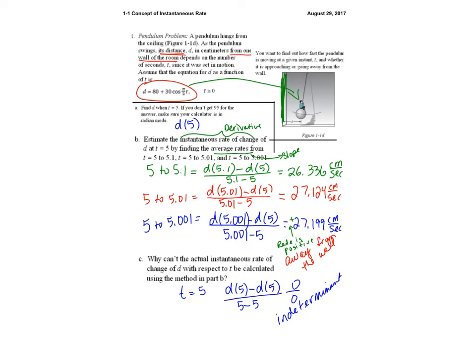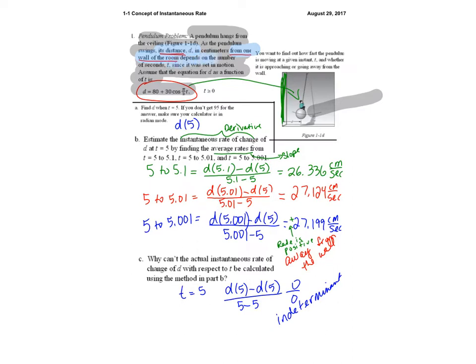Now we're talking about the pendulum problem. A pendulum is hung from a ceiling, as the figure shows, the figure being right here. As the pendulum swings, its distance d from one wall of the room depends on the number of seconds t since it was set in motion. Assume that the equation is d as a function of t. Also, it's very important, as I talked about in the previous video, that you want to know what your variables mean. You want to know what d represents. In this case, d is the distance in centimeters from one wall of the room,